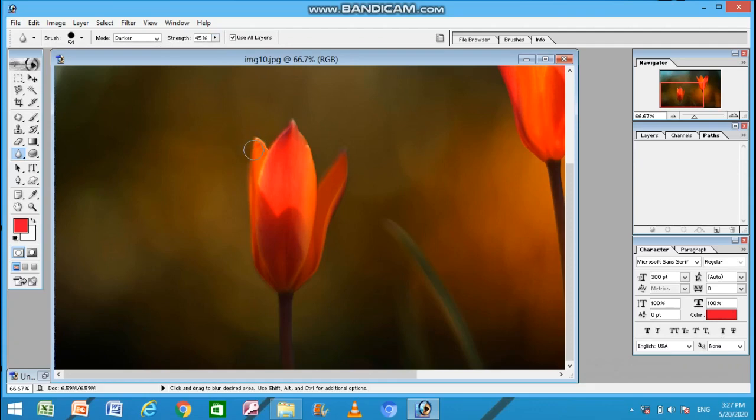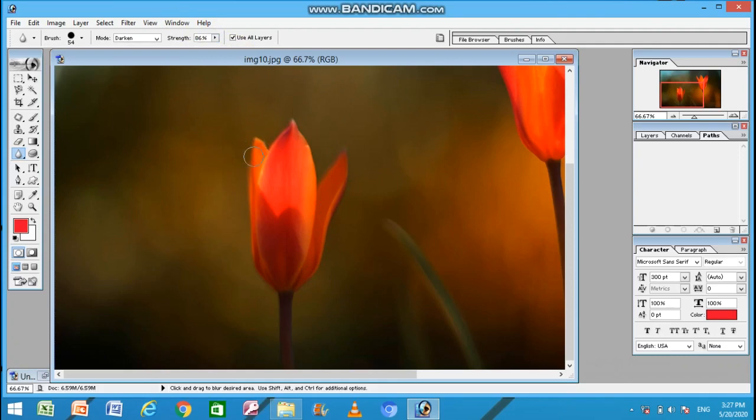Right now the strength is, let it be 45%, and then start dragging the mouse. Hold the left mouse button and drag it onto the image. It will start making the edges into the soft drawings. Like this. Let us increase the strength more.